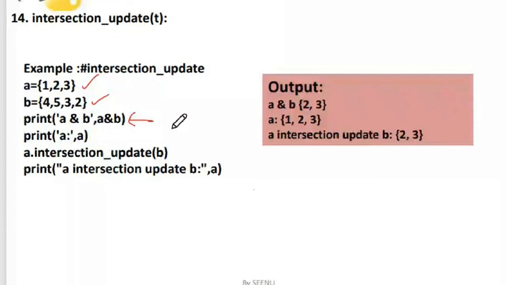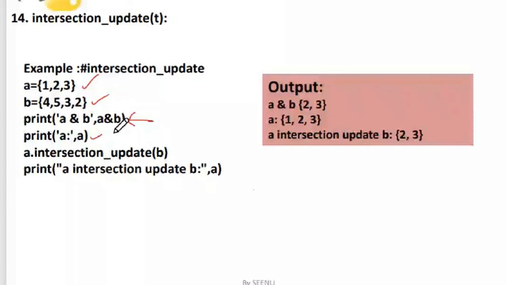Okay, after the intersection I have printed the set A. What is the outcome of this particular set A? What will this print statement print to me? It will print the original set for me, right? Yes, ma'am. No modifications done to set A, right? Yes, ma'am. Intersection operation will not do any modifications to the given sets.